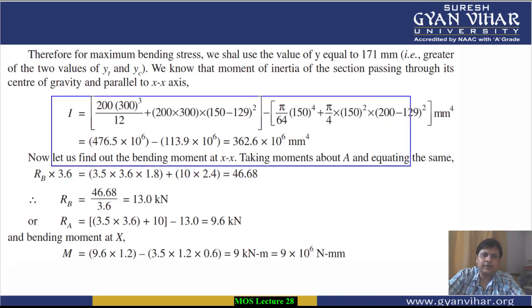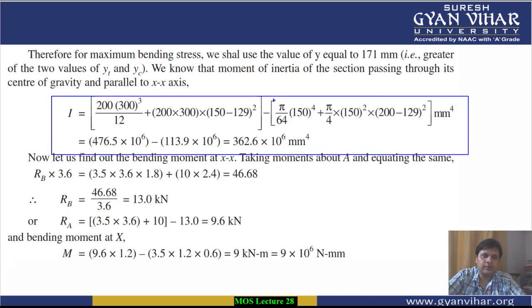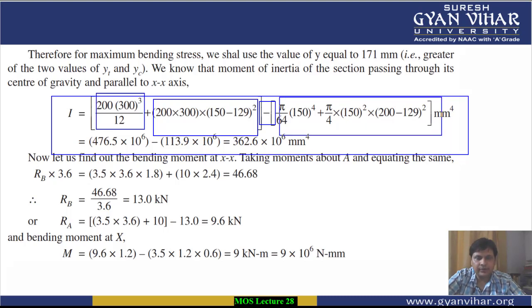Again, we have to calculate the value of moment of inertia also. The same formula, the only difference will be we will use a negative symbol. We will subtract here. I is equal to IC, meaning bd cube by 12, the moment of inertia about their individual center of gravity, plus A h square, area into h square, minus, for the second part, that of the circle, IC plus A h square. This will give you the composite moment of inertia of the whole of the remaining section, the cut section.